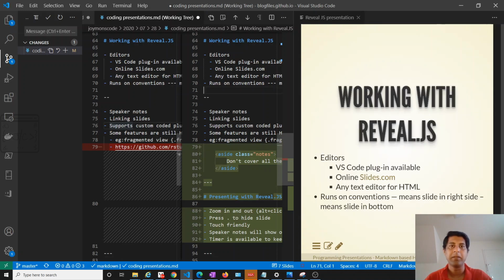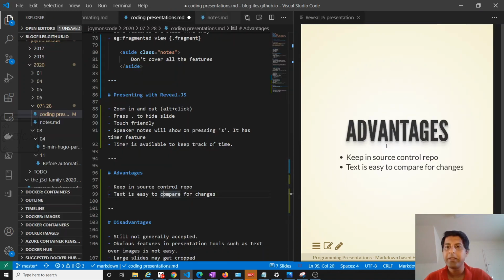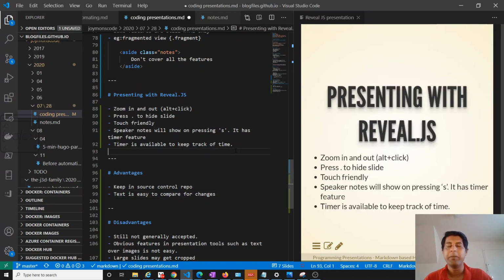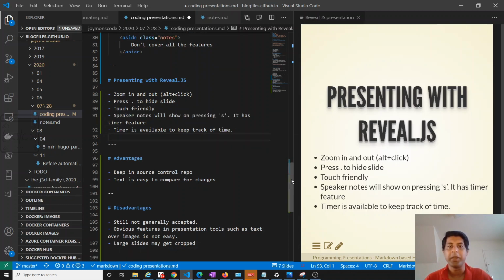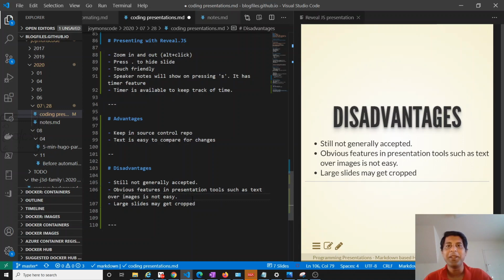Going back to the original view, this is the main advantage I have felt, and there are so many other advantages, like we don't need to have any Office license. Also, we can do better styling. We can have a base template for our company and everybody can easily follow that, similar to how we do it in PowerPoint. By the time you try this, you will find more advantages or more disadvantages.